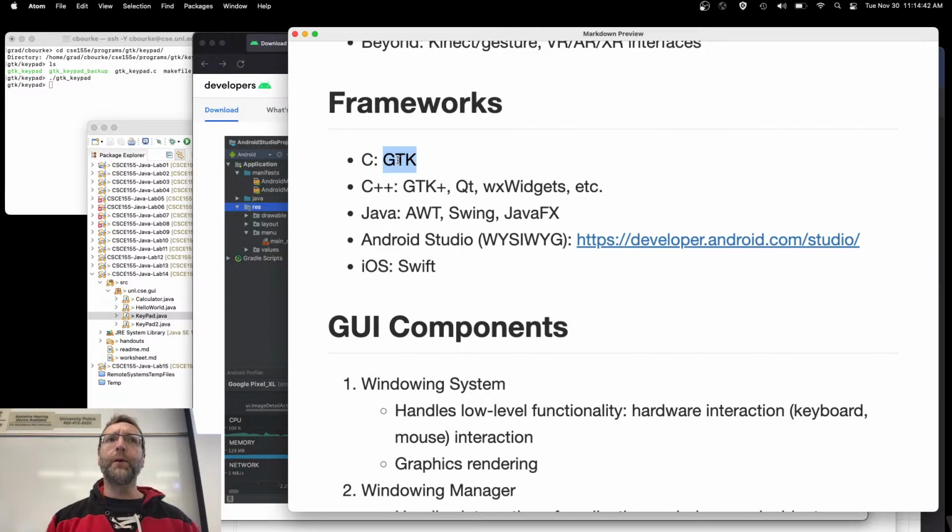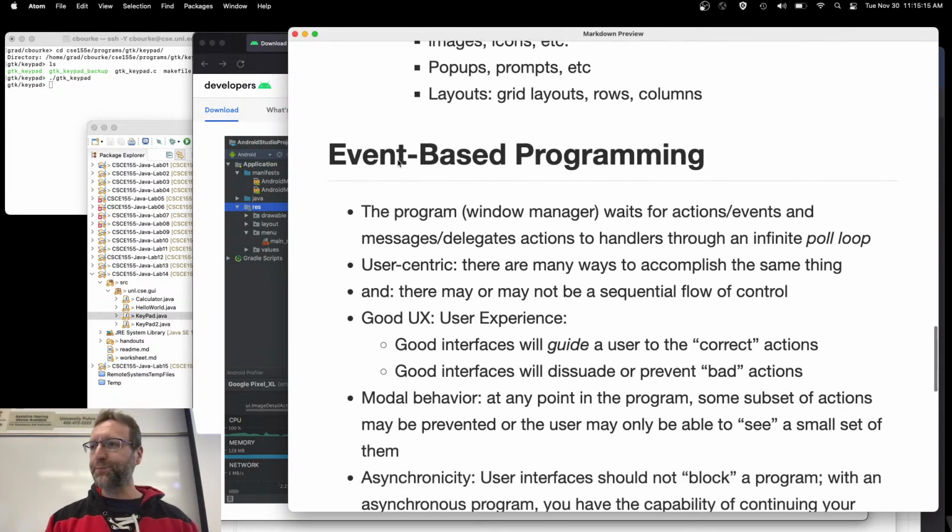Has anybody ever used GIMP? So GNU's image manipulation program. It's a free alternative to Photoshop, right? The same guy wrote GTK, and when he was writing GIMP, the Photoshop clone, he was so frustrated with the frameworks that were out there that he said, all right, I'm going to put this on hold. I'm going to go create my own framework, GTK, and then I'm going to use it in my Photoshop kind of clone. And that's how it was born. Right? I forget his name, though. Anyway,